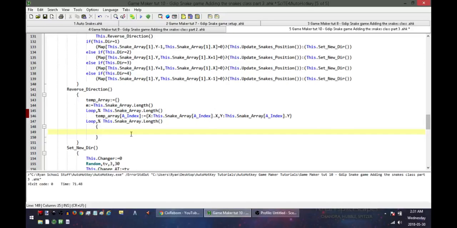So let's see, how do I do this? I'm going to say this dot snake array index. So we're going to work forward through our snake array, but backwards through our temporary array. So this dot snake array index dot